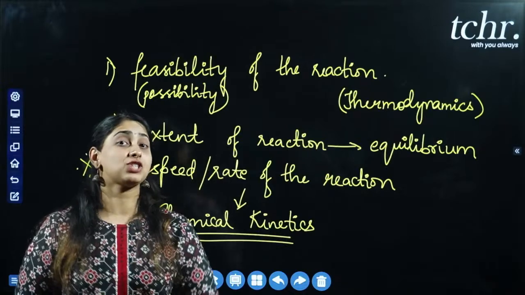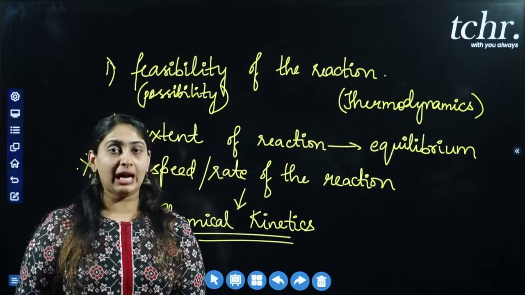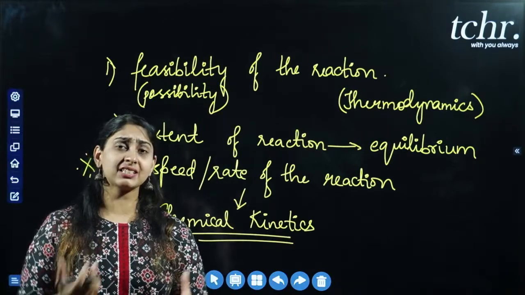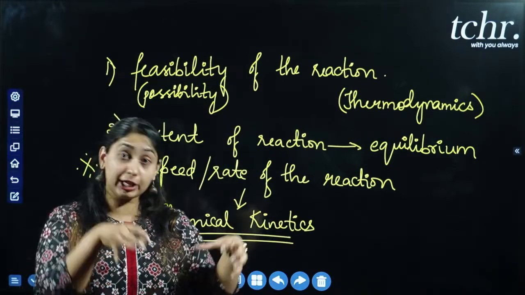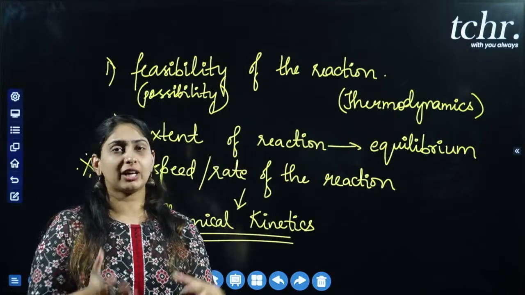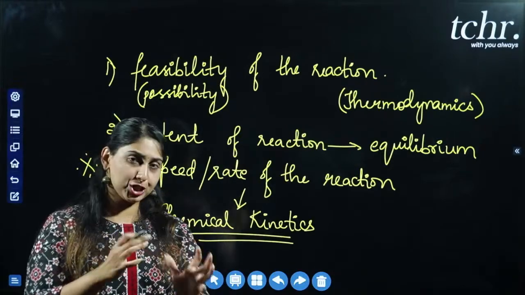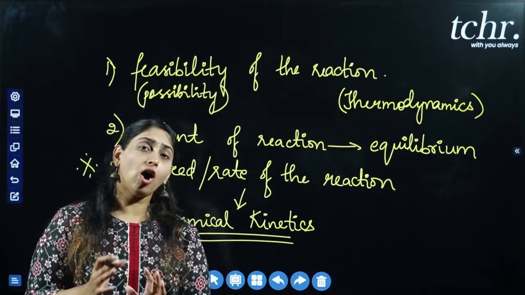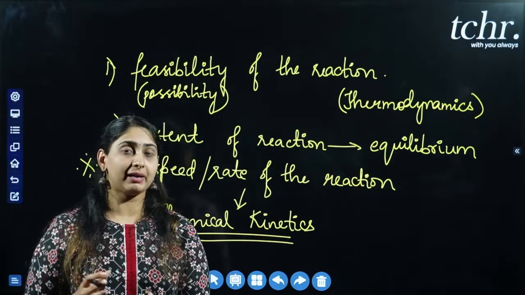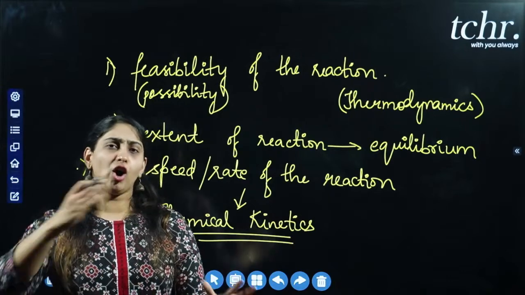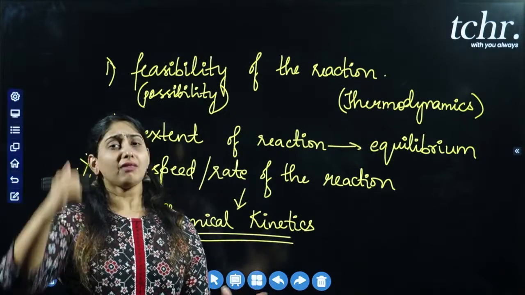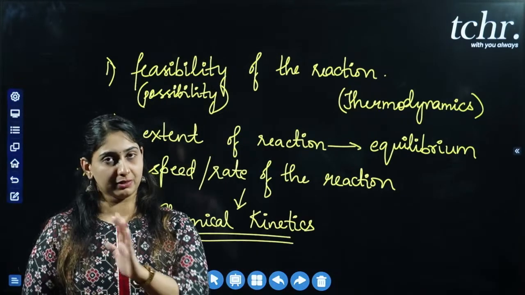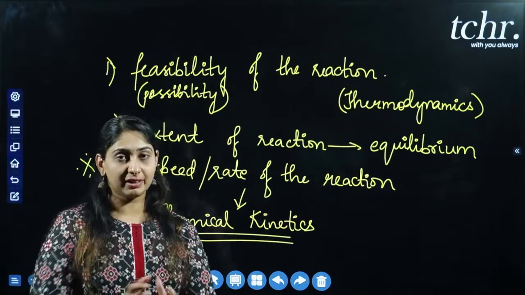The second part of the chapter deals with the molecularity of the reaction, that is, molecular and intermolecular level things that are happening in a particular reaction. When you go in depth at the molecular level, maybe it is about the orientation of the atoms present in a particular chemical reaction, or it can be about the temperature dependence, concentration dependence. So all these important or application level concepts have been discussed under the second part of the chapter. This is how your chapter is divided into two parts, right?